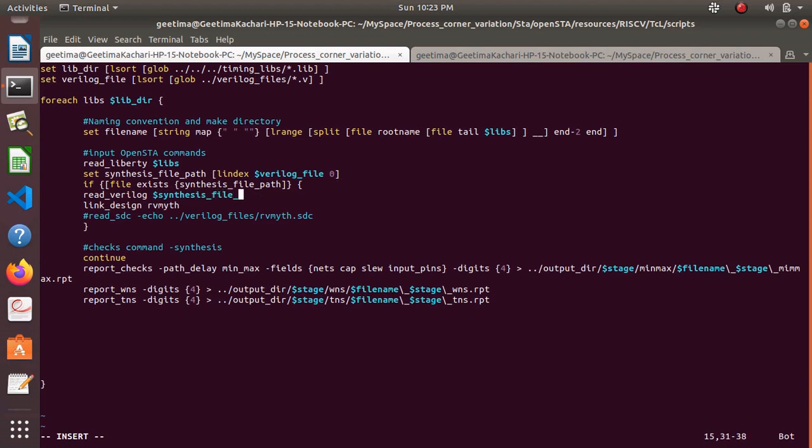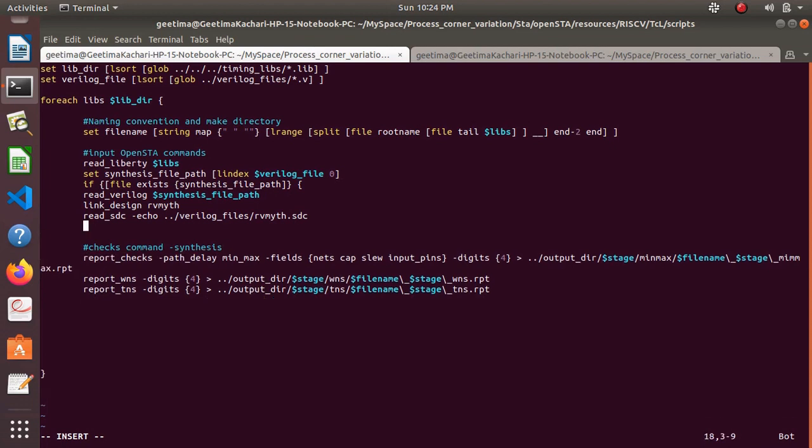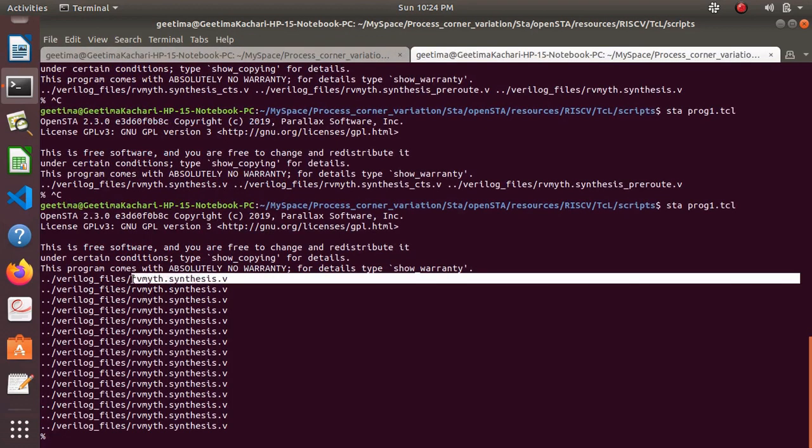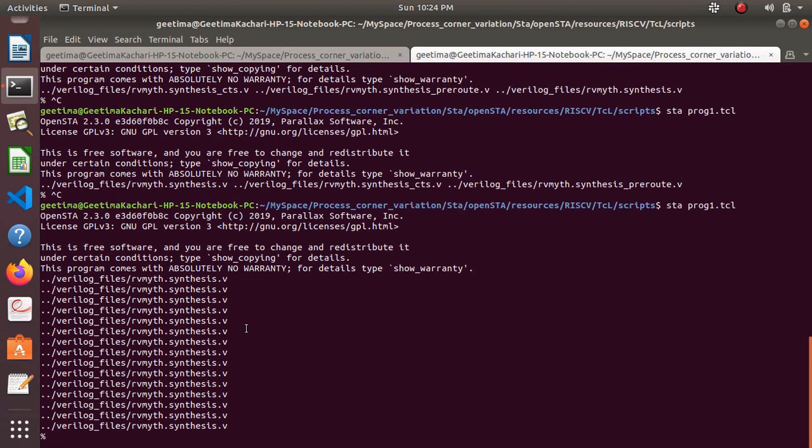Okay, after that I will link design RVMid, then read SDC, then I have to move to these commands. Okay, wait, first I'll work in the read make directory part. So now as you have seen, I have deleted the make directory command. Now I want to use the name of the Verilog file itself to obtain the remaining part of the post